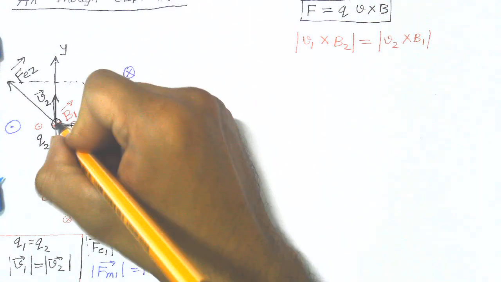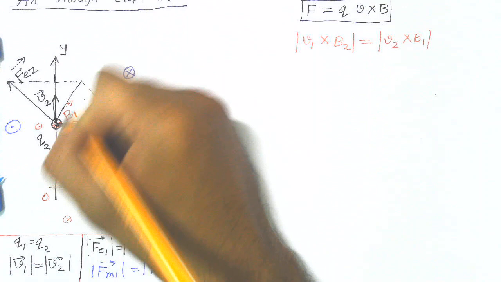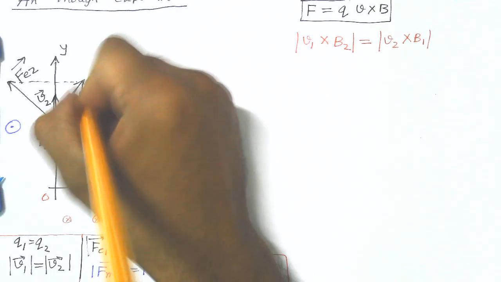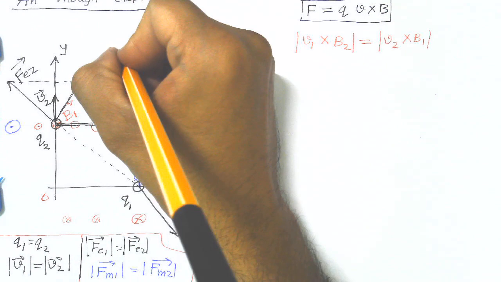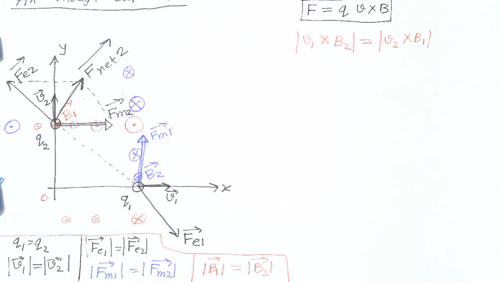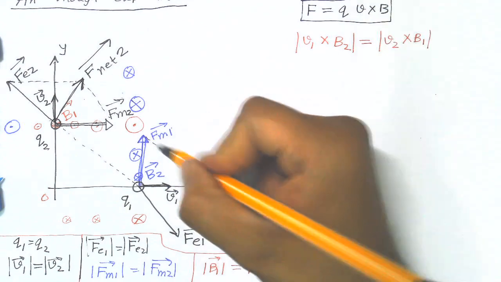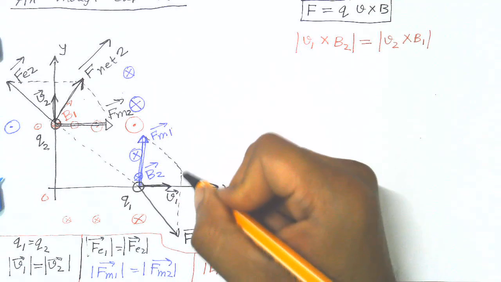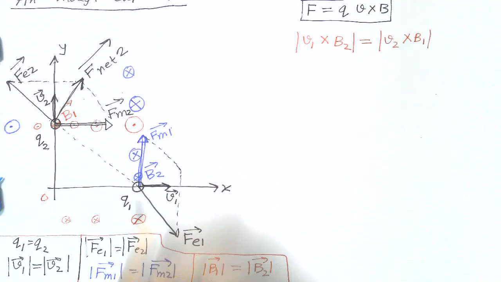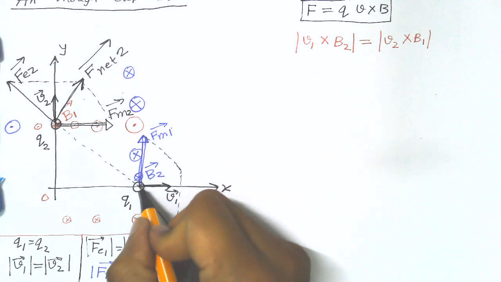So this will be the direction of net force. Okay, call it F net 2, which is in this direction, and here on this particle net force you can find using the parallelogram rule. It will be in this direction,